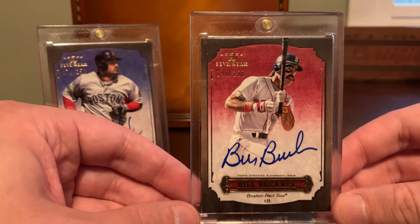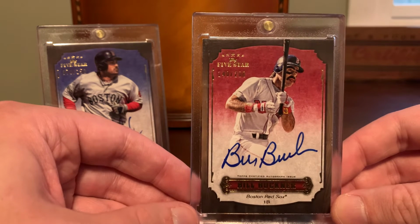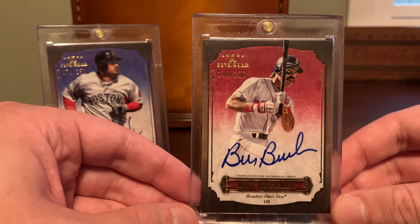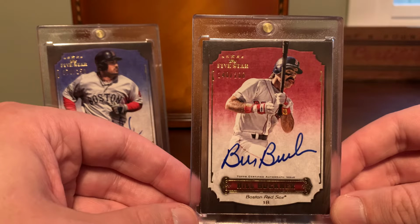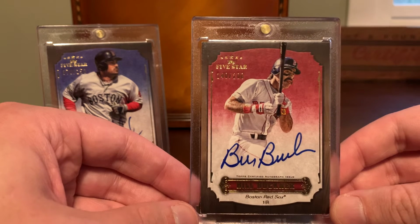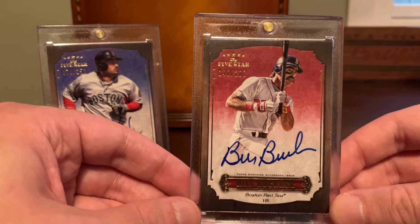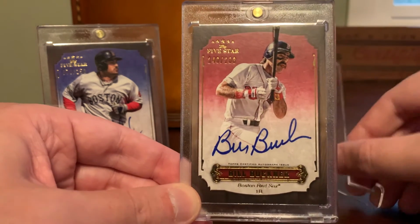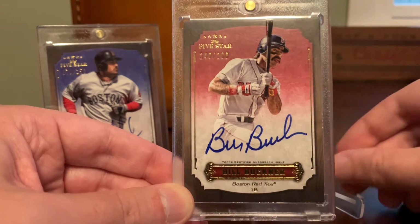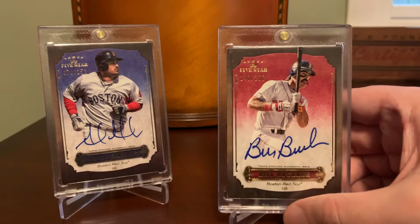And later in his life, he's passed away now at a relatively early age, but later in his life, he was welcomed back to Fenway Park, and sort of the fans and the media, I guess in a way, kind of made amends for rubbing him the wrong way over that era for all those years. And he got a nice standing ovation, and it was really touching to see just how emotional he got as a result of that. And of course, he passed just a few years after that. So I thought it was really fitting. I commend the Red Sox ownership for making that effort to sort of make things right with Buckner before he